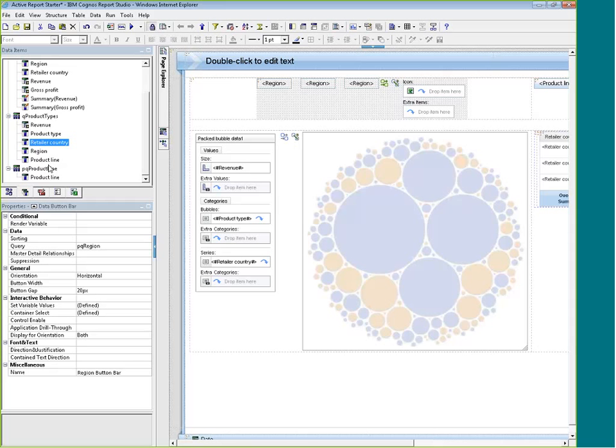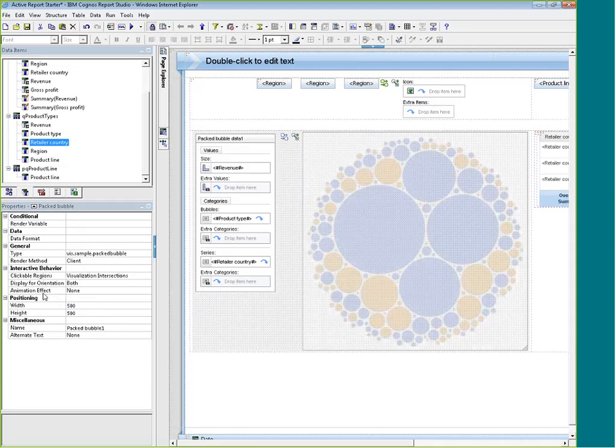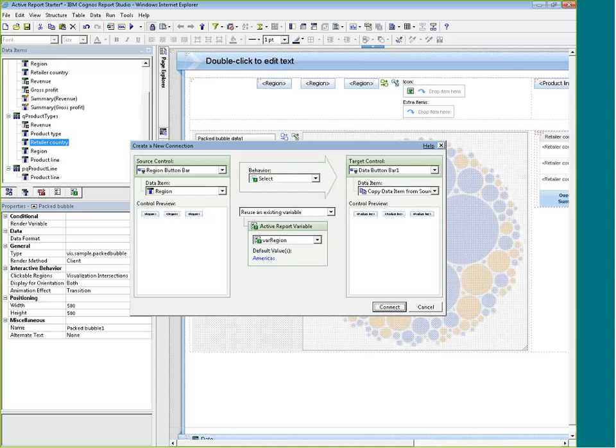Now, I'm going to go ahead and set an animation effect on here. Since this is an active report, I'm going to do that so you can see it. I'll pick the transition one, which I think looks kind of fun. Now, I have to connect this to my prompt, so I'm going to run the wizard to create a connection between my region prompt and my PECT button. So my region is going to filter